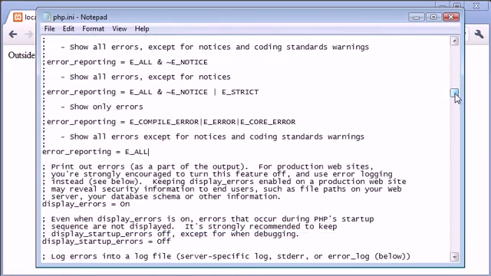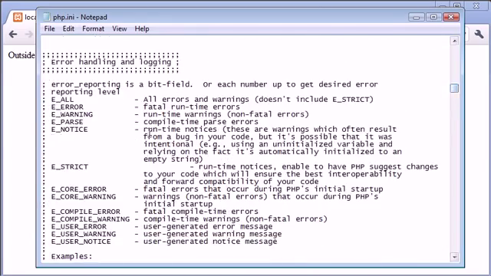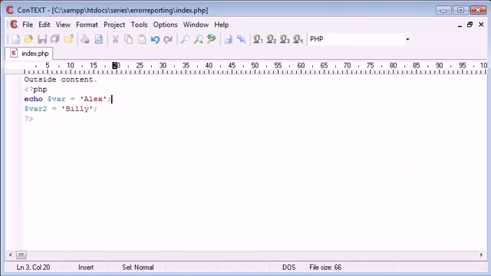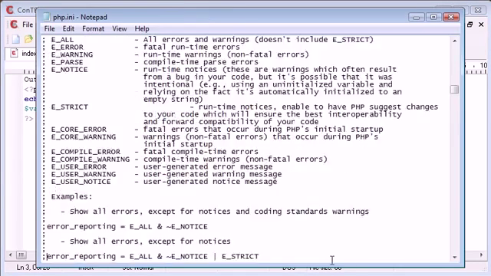So what I can do is specify, and E_STRICT. Now what this is going to do is incorporate strict errors. So what we're talking about is code that might run, but let's have a look at the definition. It might run, but it's runtime notices that enable PHP to suggest changes to your code, which will ensure the best interoperability and forward compatibility of your code. So it's basically giving you messages about your code itself rather than errors that you might be coming across. So you don't need to include this, but maybe it's a good idea if you want that kind of error